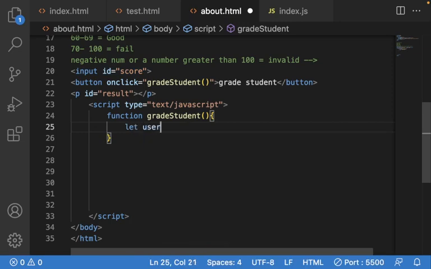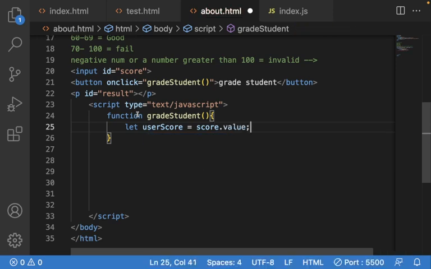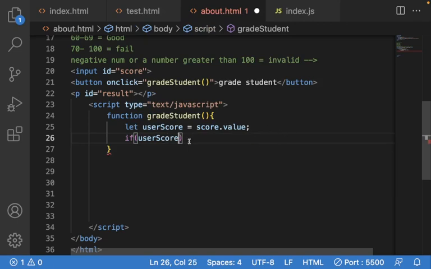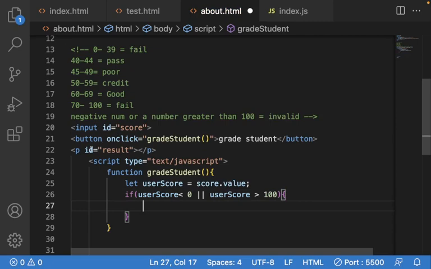First thing, you need to get whatever the user enters here. So I can create a variable called userScore equals score.value. So this is going to get whatever the user enters here. So you can now say if userScore, let's check it from the beginning. If it is less than 0 or userScore is greater than 100, then results.innerText equals invalid. So once it is less than 0 or it is greater than 100, it's going to do this. Else if